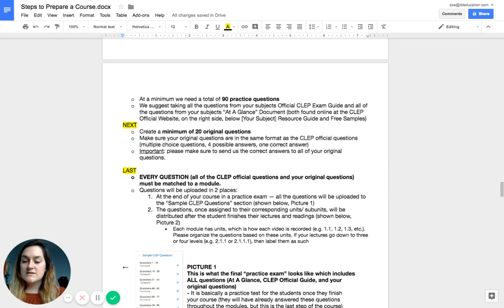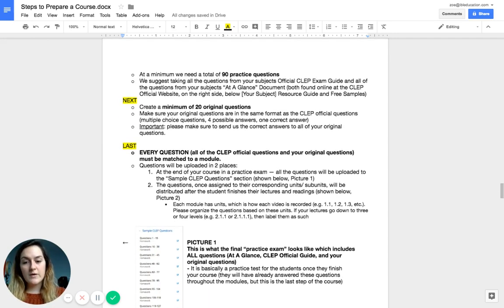The easiest way to do this is to highlight each correct answer per question that you have, in a Word document preferably. Lastly, every single question that you have, so including the CLEP exam guide, the at a glance document, and your selected personal questions that you have created, must be matched to a module. So for example, if you have 7 questions in an at a glance document, you will have to tell us which module can answer each of the